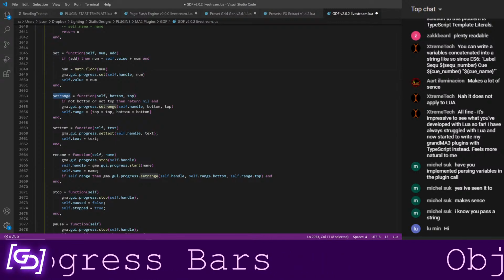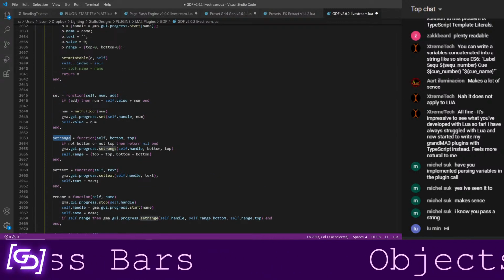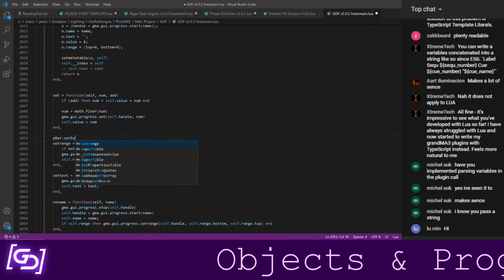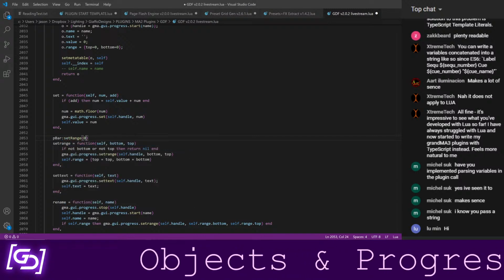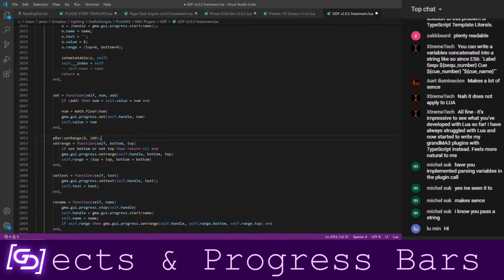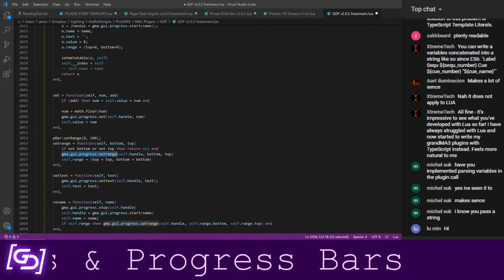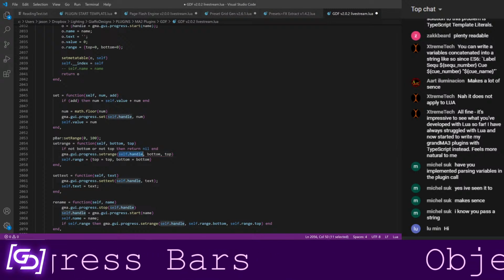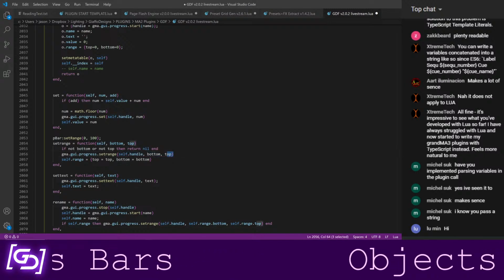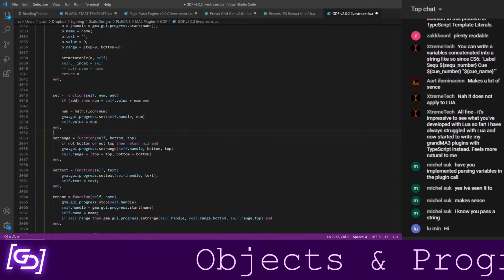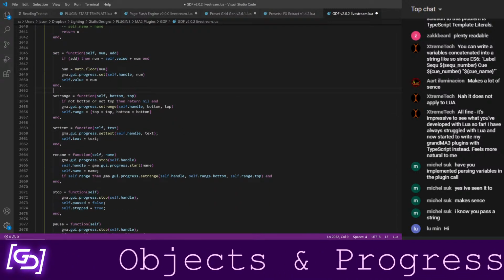Set range. You just grab that progress bar item and say, we're just going to say p bar set range. And we already saw this earlier, 0 to, let's say, 100. And that's our entire command. And it is in the background handling this for you. So it's, again, finding that handle, which is a big old number, and setting the bottom and top values of that. As we get farther down, we'll start seeing where this really starts to shine.